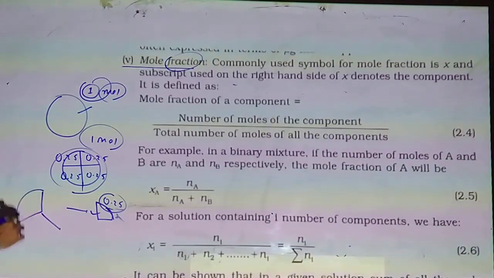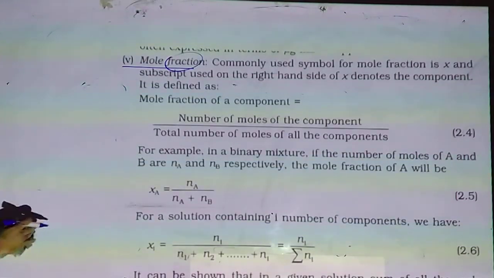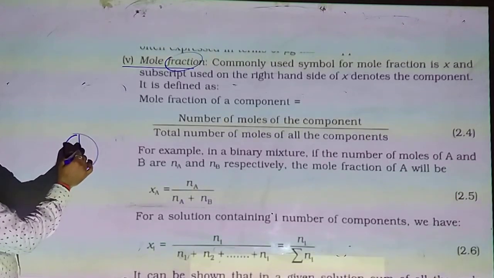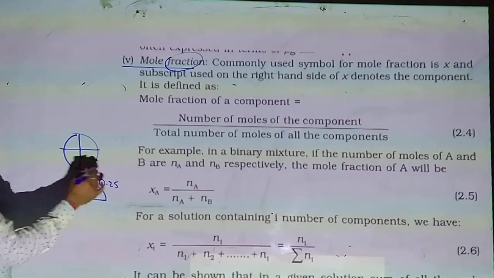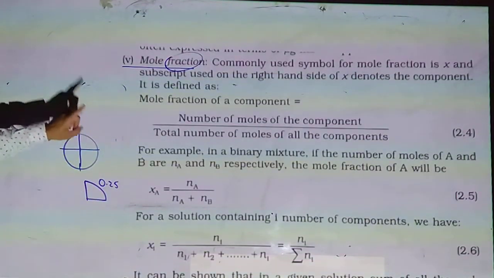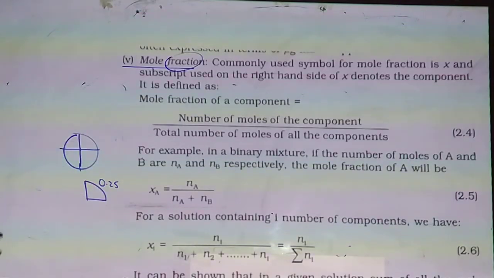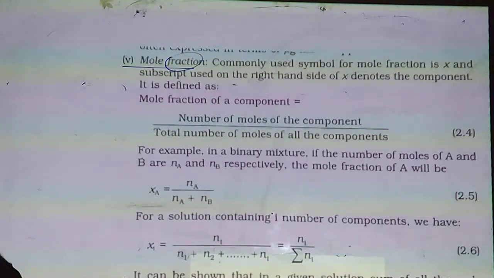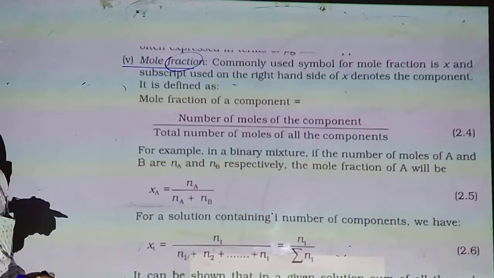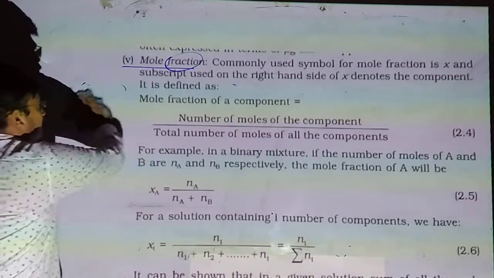Suppose we are dividing into 3 parts. So every part is 0.33, and the total will be 1. In common words, આપણા ઘરમાં બાજરાનો રોટલો હોય એના 4 ટુકડા કરો તો એક ટુકડો છે એનો 0.25 પાર્ટ કહેવાય. તો એક બાજરાનો રોટલો એટલે 1, એ 1 માં 0.25 પાર્ટ કહેવાય, એનું ફ્રેક્શન. એટલે 1 પાર્ટ માંથી હાઉ મચ પાર્ટ, that is fraction. અને મોલ ફ્રેક્શન હોય તો 1 મોલ માંથી હાઉ મચ મોલ, that is the reference to 1 mole fraction.